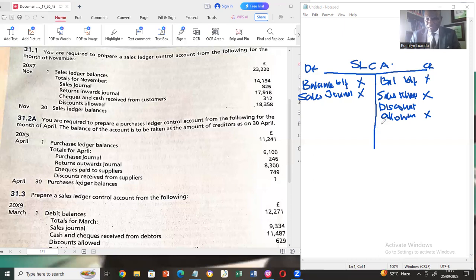Then we have bad debts written off. Abbreviation for written off. Then we have contra. Contra is set off, where some receivables are owing us and we are also owing them. We can set off. Contra here is set off. Then we also have the